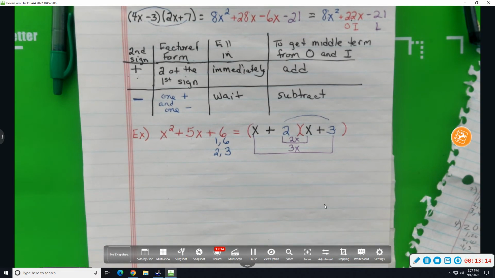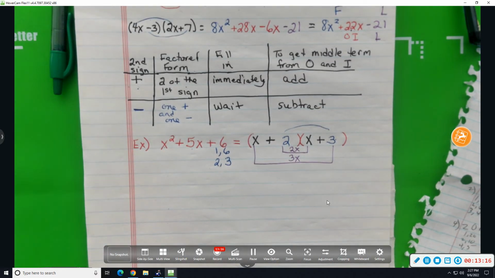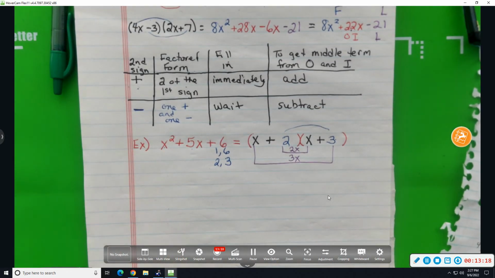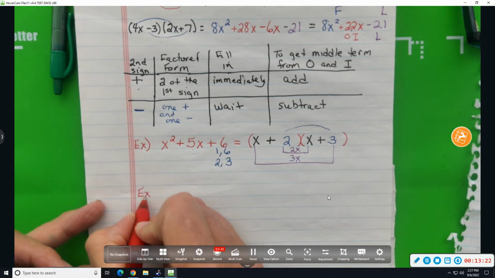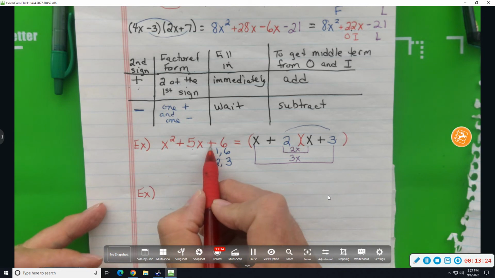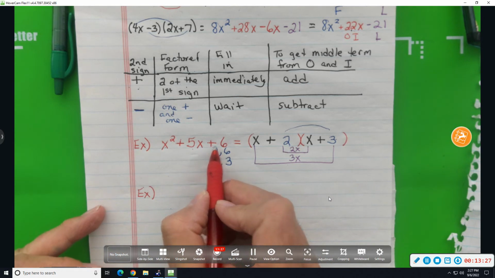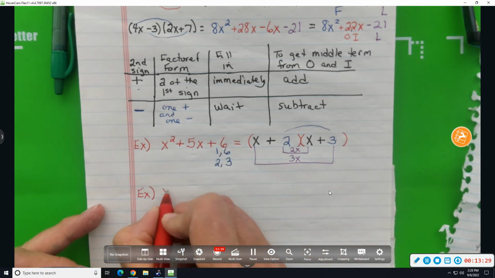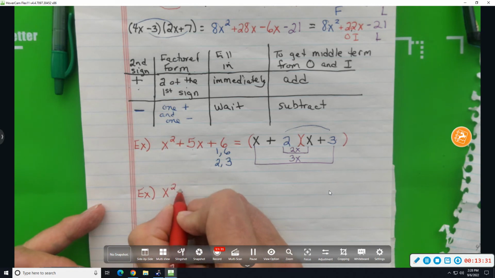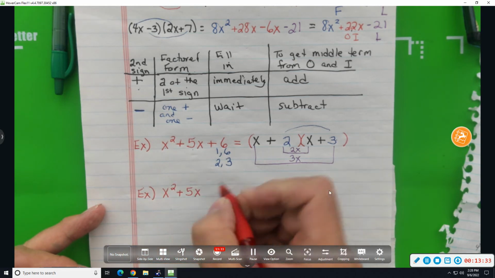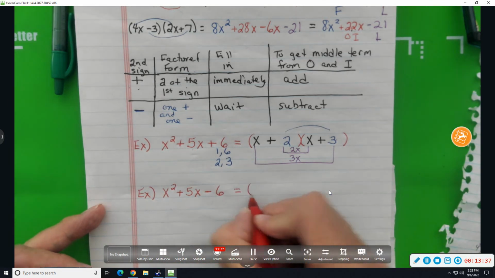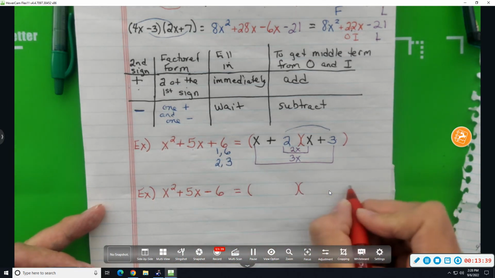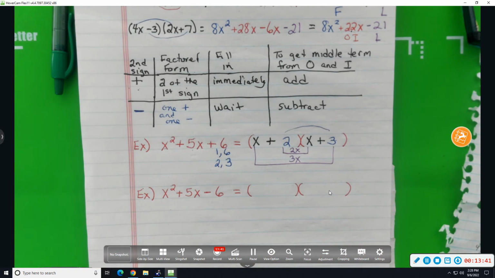And now I'm going to do one more example that's going to look a lot like this one. All I'm doing is changing the second sign from a plus 6 to a minus 6. X squared plus 5x minus 6. Oh, why can't they all be this easy? Well,